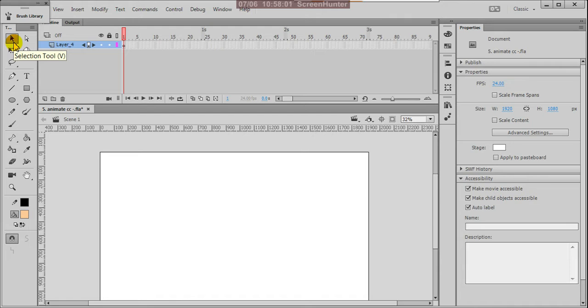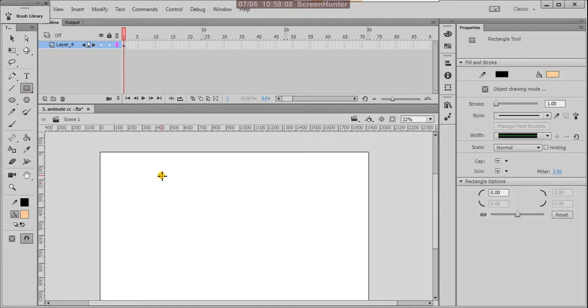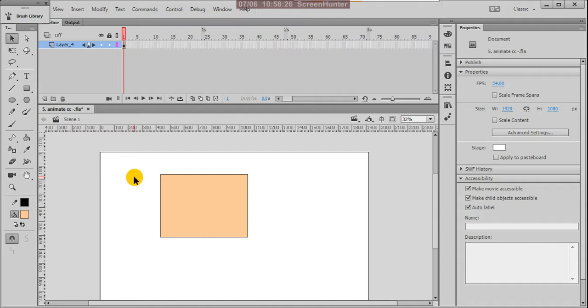The shortcut is V. Suppose I'm drawing a rectangle here. If you want to select this, you have to use the selection tool. Obviously that is a tool to select. So select that tool, or otherwise press V on the keyboard.